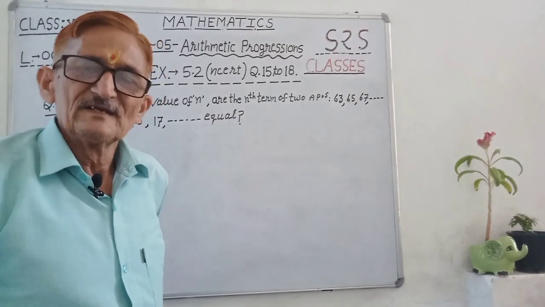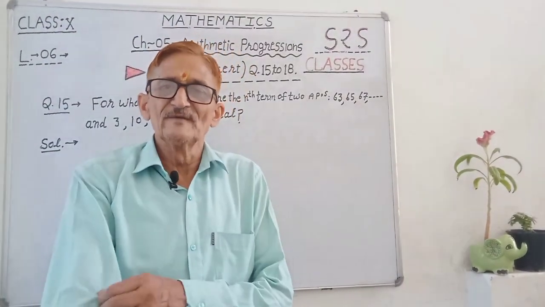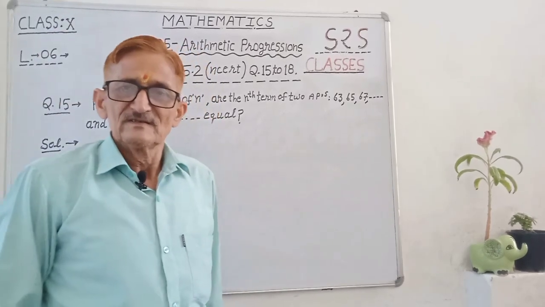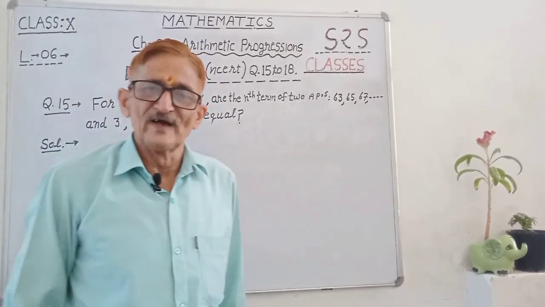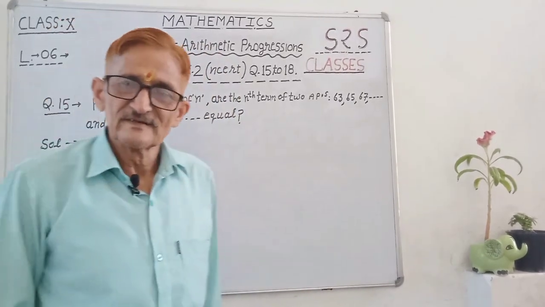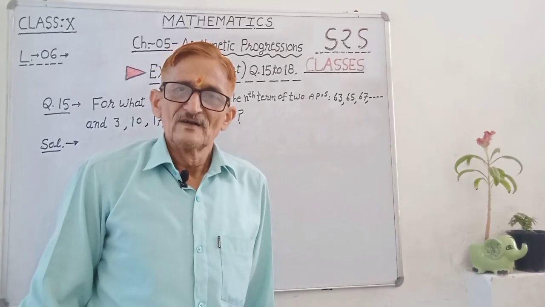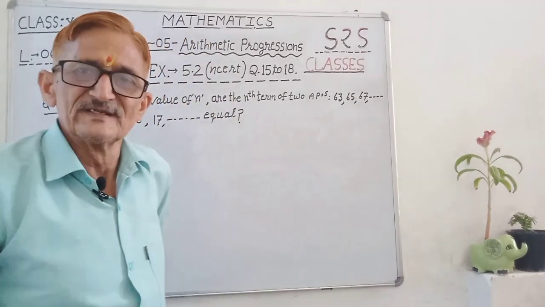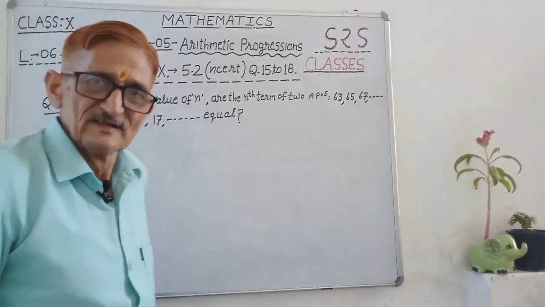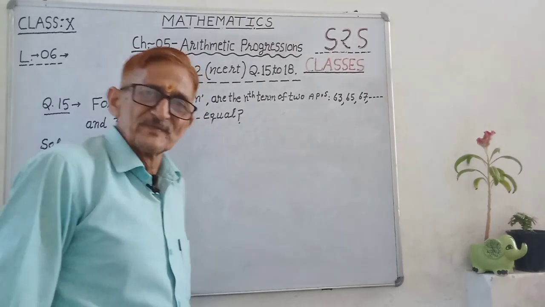इसमें AP, समांतर श्रेणी हिंदी में कहते हैं। तो इसमें हमने एक्सरसाइज 5.1 कर ली है। एवरी क्वेश्चन सॉल्यूशन डन। 5.2 also 14 questions done, first to 14 in the last video. Now today forward we are going in exercise 5.2 NCERT book, question number 15 onward. Okay, now what is question 15?